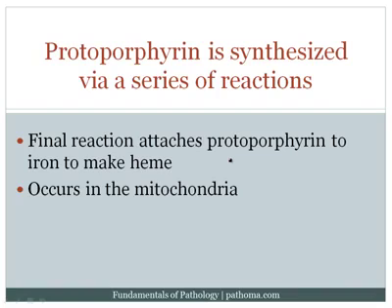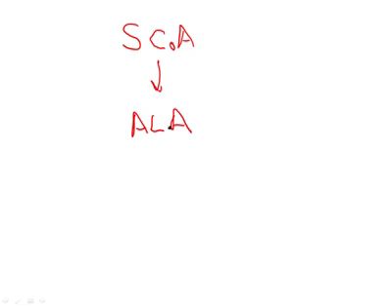Let me go back and create a little bit of a whiteboard here and remind you that the very first step in the production of protoporphyrin is that succinyl-CoA, which I'm going to just abbreviate here as this, is converted into aminolevulinic acid. That's the first step. And this particular reaction is catalyzed by an enzyme called aminolevulinic acid synthase,